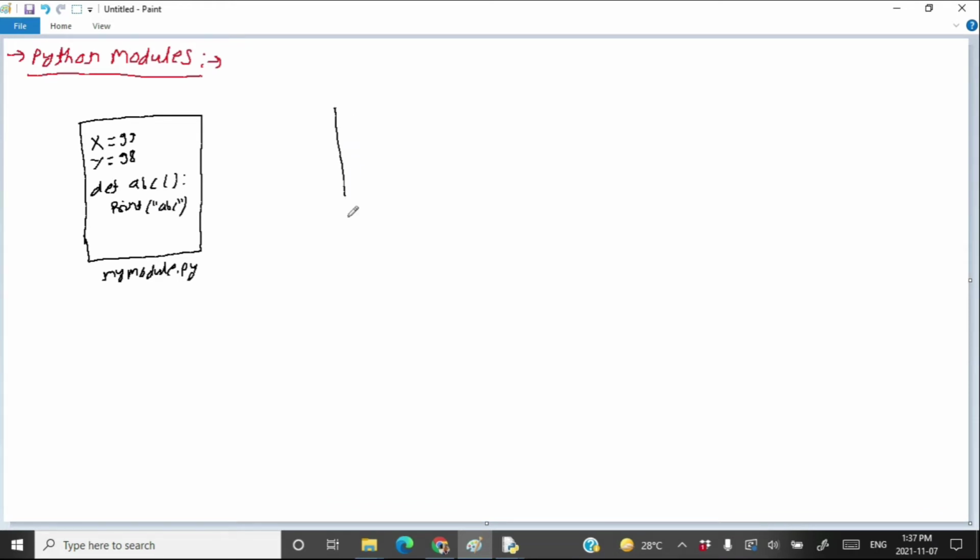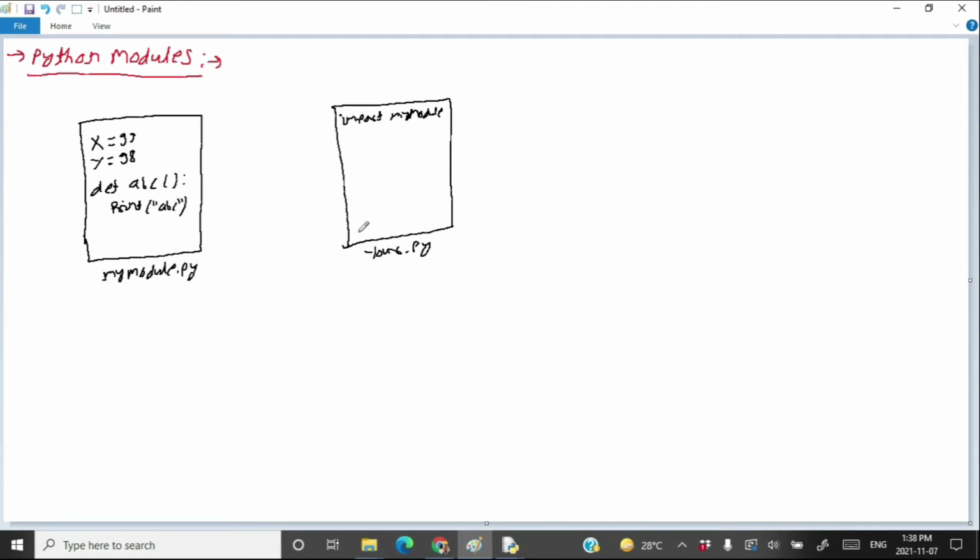Further, when you create your own Python file, then you have to import this module. You need to write here import mymodule, in order to access their functions and variables in your Python file, your.py.